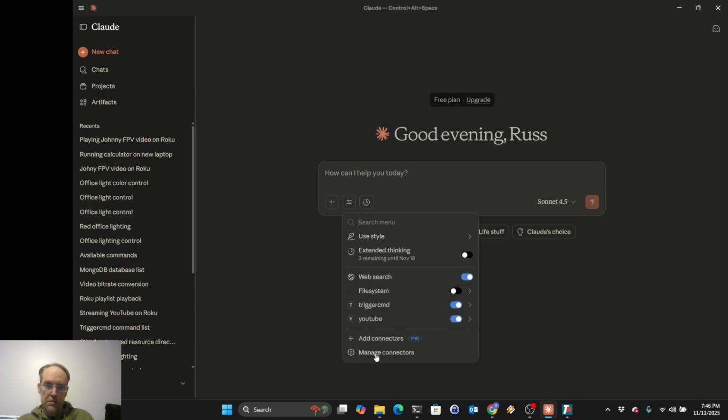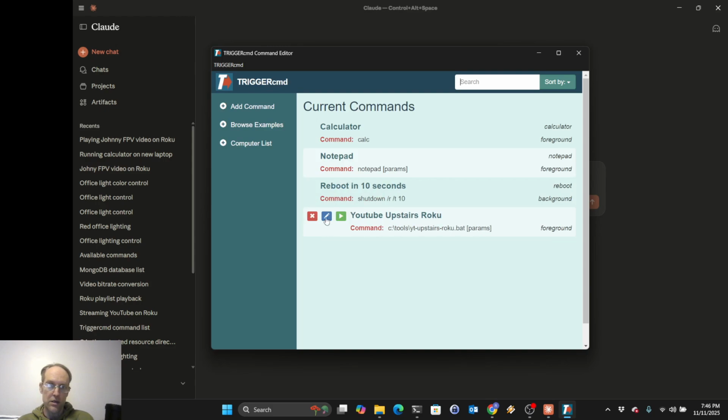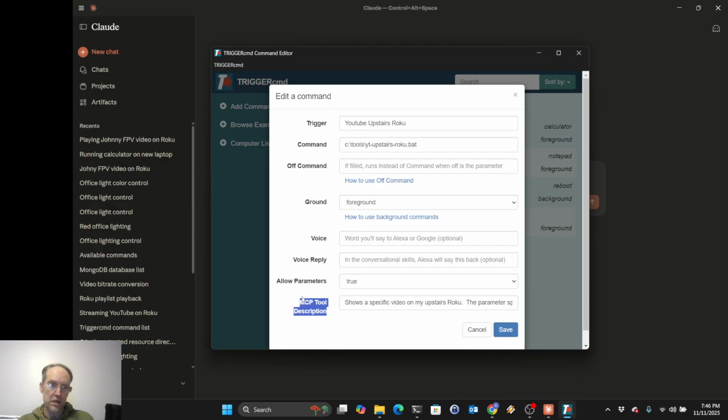it. I've got this MCP server installed, and by default it has these two tools: list commands, which lists all your TRIGGERcmd commands; and run command, which just runs a command, but you have to specify the computer and the command and optionally some parameters. And then I've also got these other tools that are really just commands that I've specified. I've filled in this MCP tool description for them, because if you fill that in, then the MCP